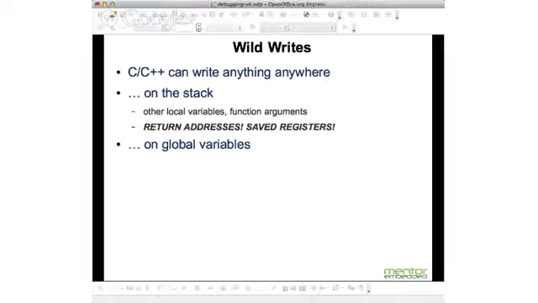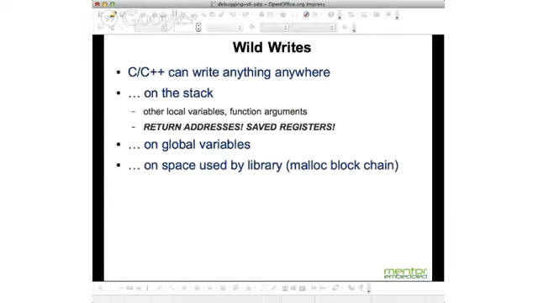Scribbling on global variables. You get a wild pointer running and you can scribble on all the global variables one after another. They tend to be allocated at consecutive locations in memory. You can scribble on the space used by the library. One especially evil thing that happens is you can scribble on your malloc blockchain, which is how the malloc library keeps track of memory that's been allocated and what to hand out next. But if a wild pointer writes over all the blockchain, everything that's allocated has been forgotten about. And if you're lucky, your next allocation fails, because then you have a